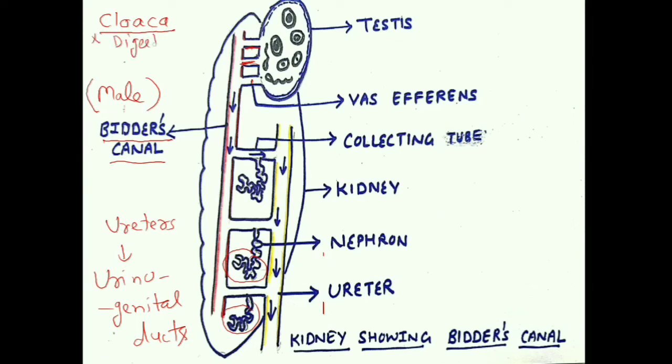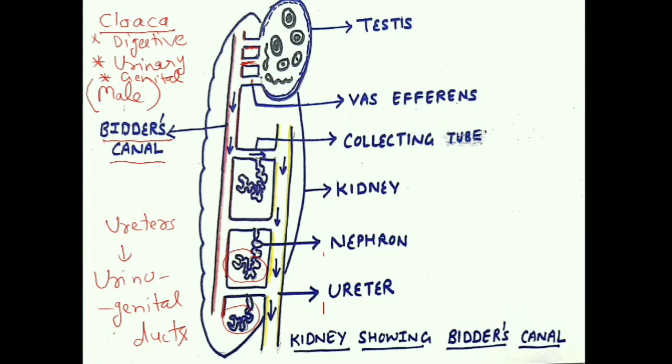It is a common chamber for receiving the anus, which is the exit of the digestive system. It is also there to receive the urinary duct, which is a part of the urinary system, and it is also there to receive genital ducts, which are parts of the reproductive system. So the cloaca is a common chamber that receives the anus, urinary ducts and genital ducts, and serves as a common aperture for the exit of fecal matter, for urine, as well as for the gametes.